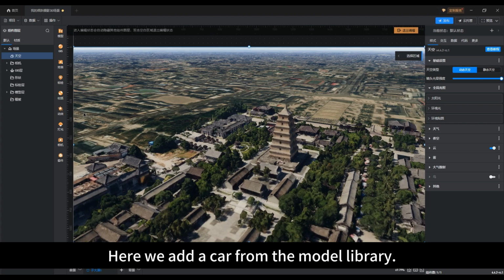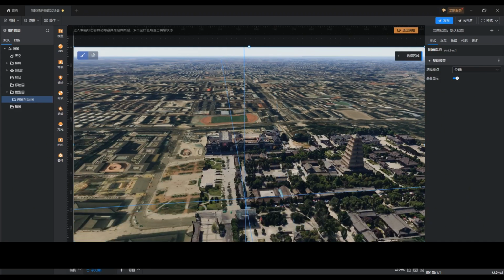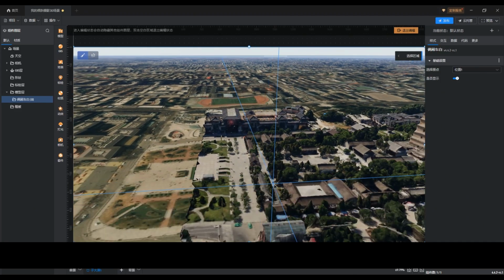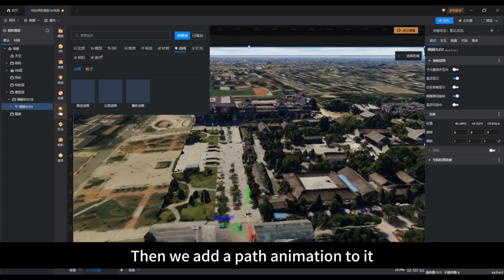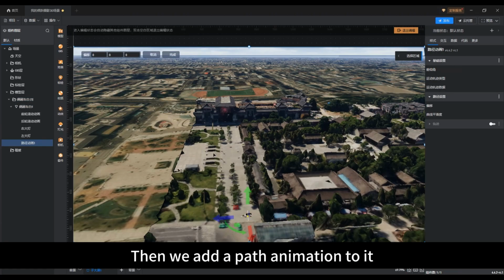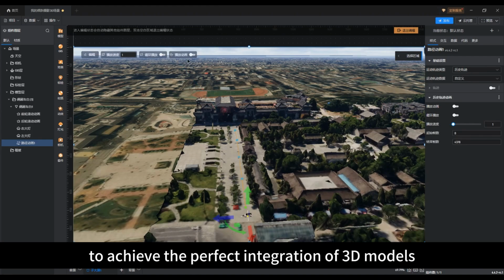Here we add a car from the model library. Then we add a path animation to it to make it move along the route we set. To achieve the perfect integration of 3D models,